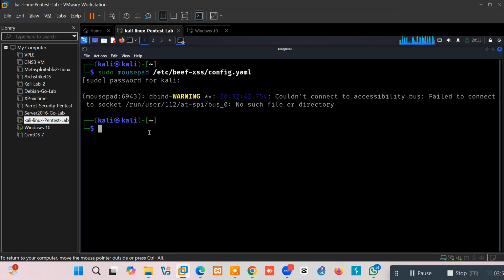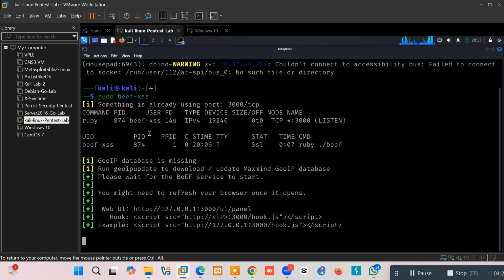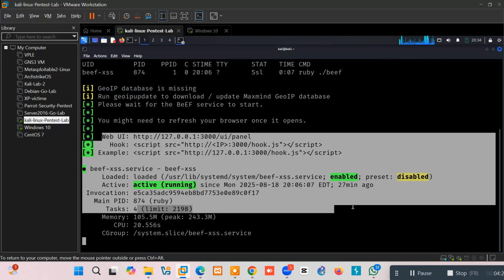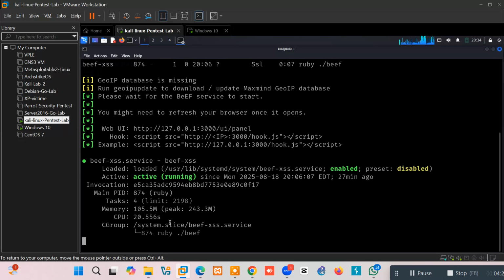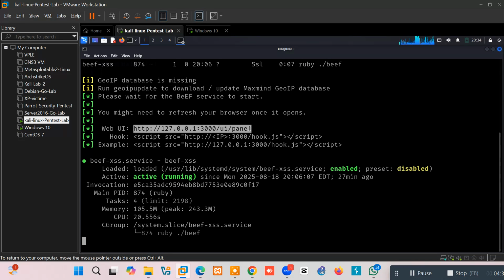The next thing to do is for us to launch BeEF. We say sudo beef-xss, enter. This is going to launch the BeEF console interface for us to be able to sign into and then hook a web browser. So let's see. Here you can see that the service is running right now. We have here the URL for us to sign into, and then we also have here the